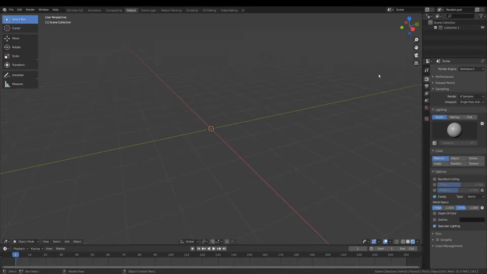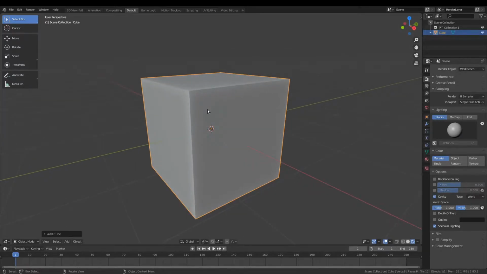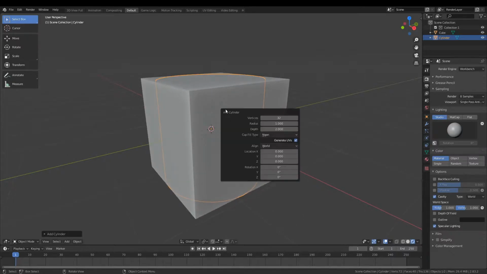Hey, so in this video I'm going to be creating a dice inventor, so let's just get right into it. So I'm going to start off by creating a cube, and then I can create a cylinder, which will be like the little holes in the dice. I can give it 64 vertices,